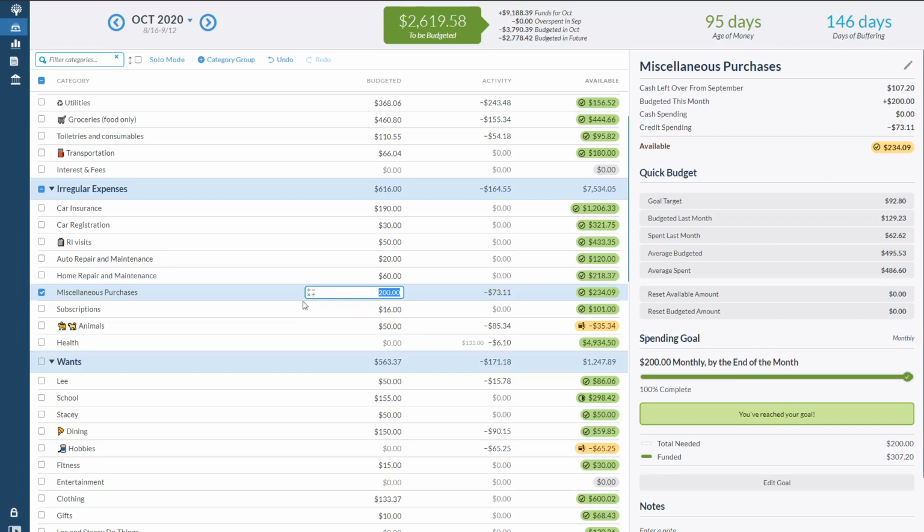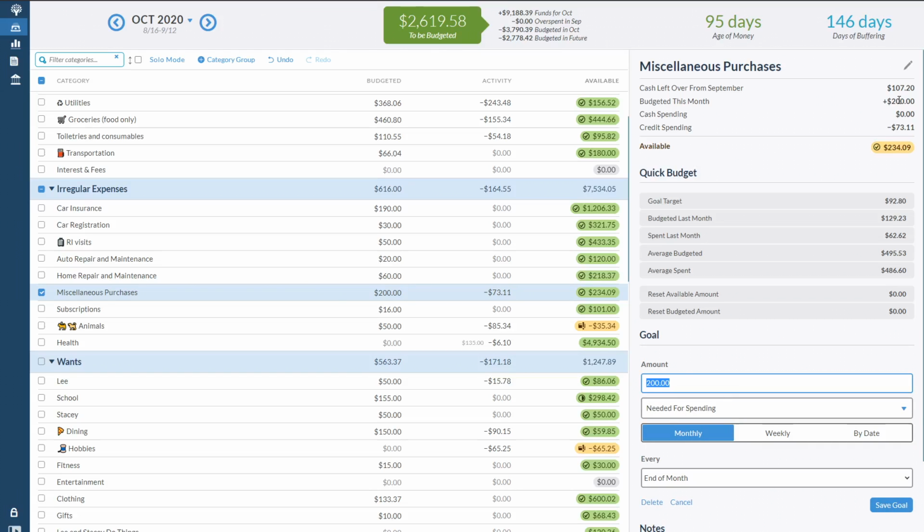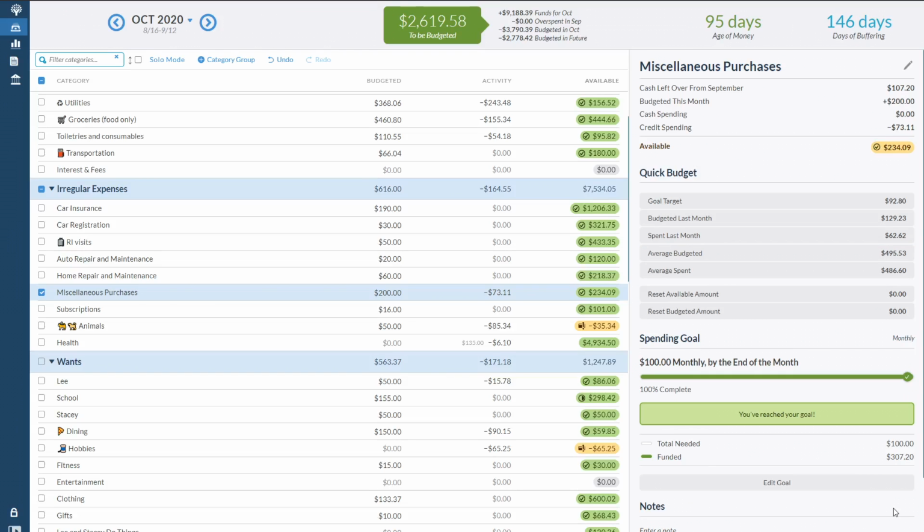So we're going to remove $100 from miscellaneous purchases and put it towards our animals. And hopefully that will make things run smoothly for us in the future. So I'm going to go ahead and change the goal here to $100 a month. And since we have more than that in here, we're going to